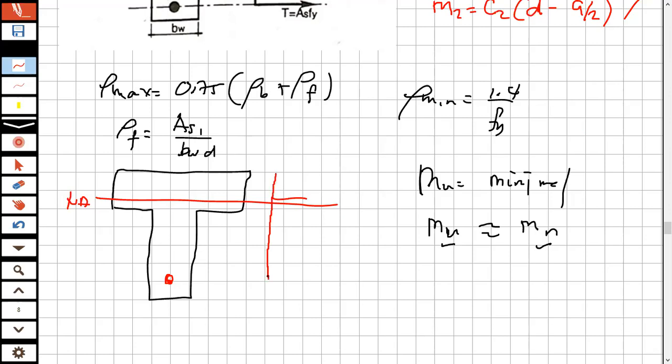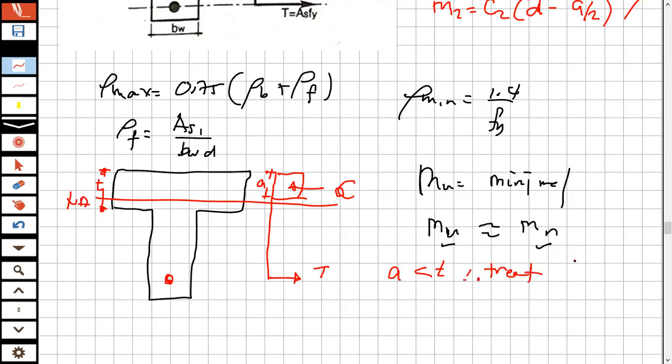Pagka prinat ko yung internal force, ito yung T, ito yung C, yung a is andito lang. Okay. So, the case is, when a is less than the thickness of the slab, not T, okay, this is t. Pagka maliit, we are going to treat this one as